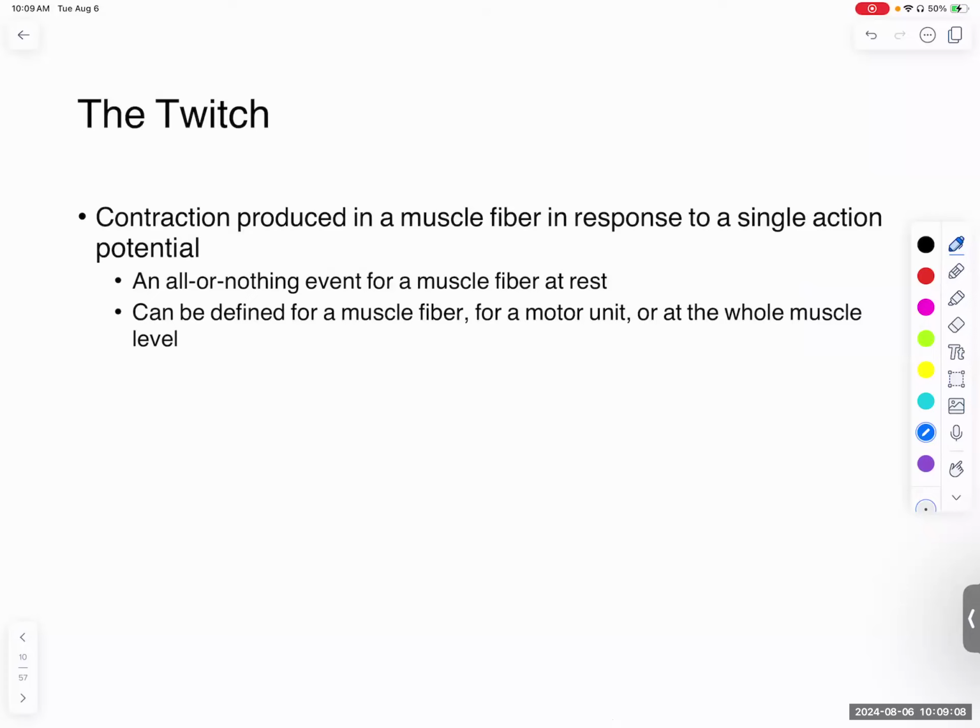So let's start with a twitch. It's really only seen in a lab. It's one muscle fiber's response to one single action potential. This doesn't occur in real life, but we can stimulate this in a lab. And it can be defined for a muscle fiber or a whole motor unit, which is